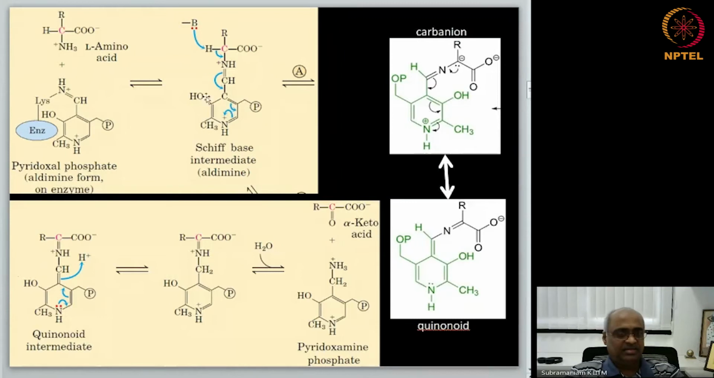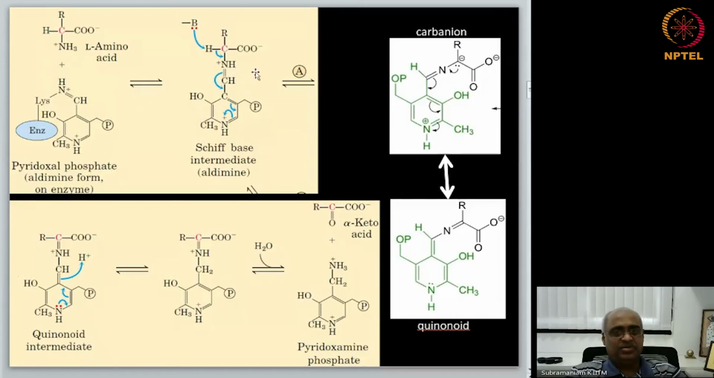And here a base group performs base catalysis, general base catalysis. Remember general acid-base catalysis that we have learned and seen multiple examples of so far. So it abstracts a proton from this amino acid, leading to this flow of electrons and making this nitrogen have an excess electron, and this leads to